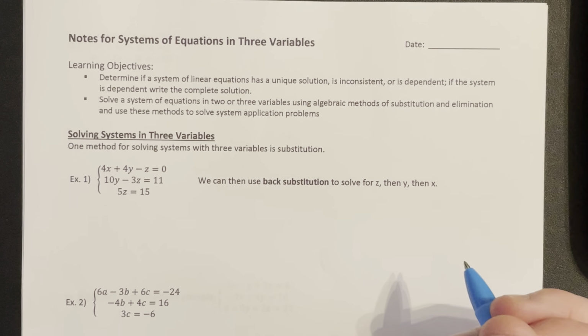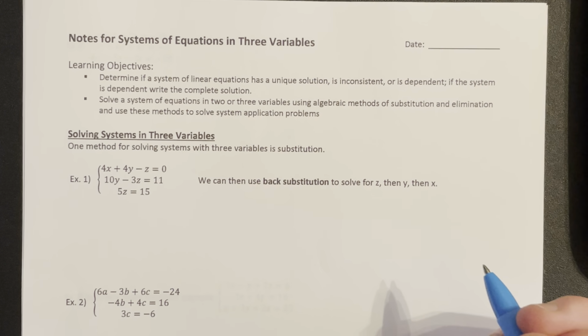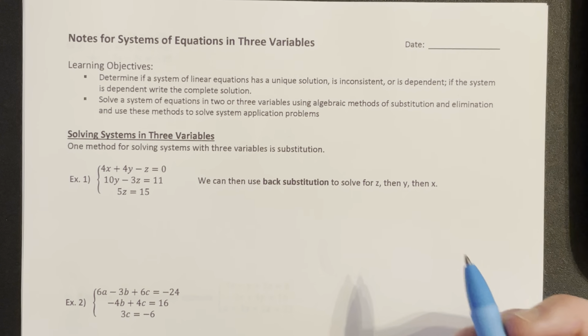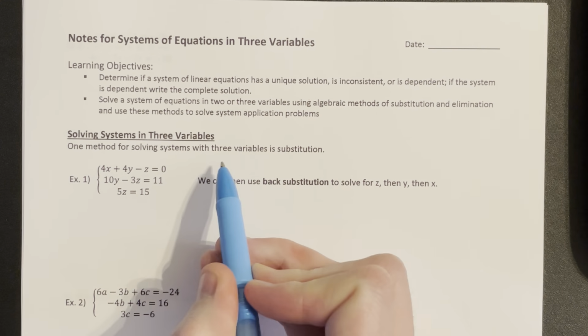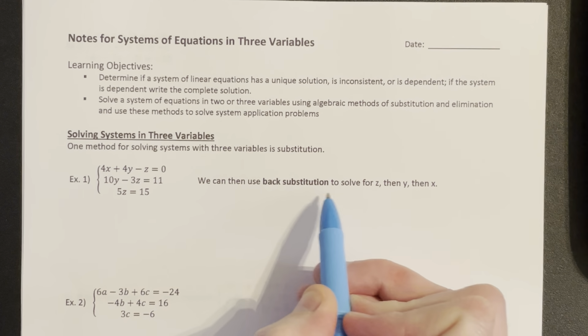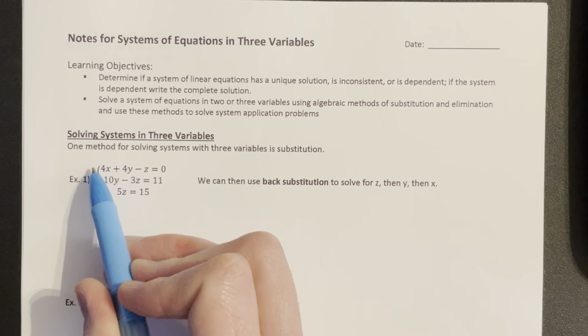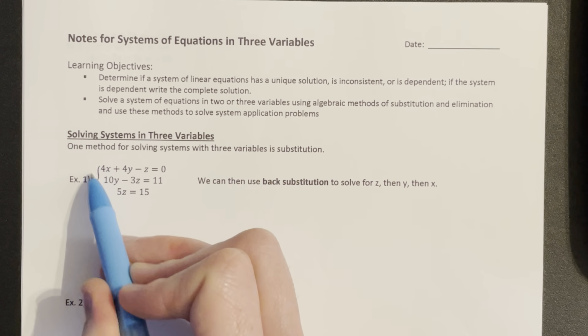In this lesson, we're going to look at systems of equations, but with three variables this time. We can use a few of the similar methods that we did with two variables. So we're going to start out with some substitution. One method is the back substitution method, and it's nice when it's set up this way, but we try to look for something that's kind of like a triangular